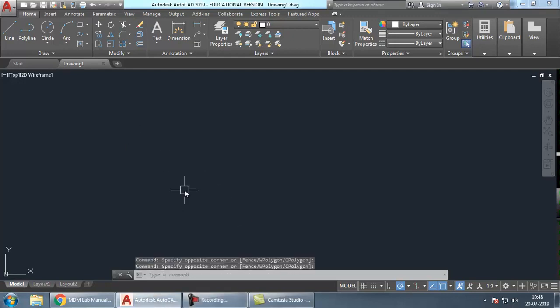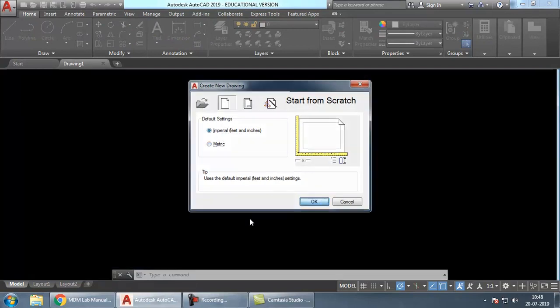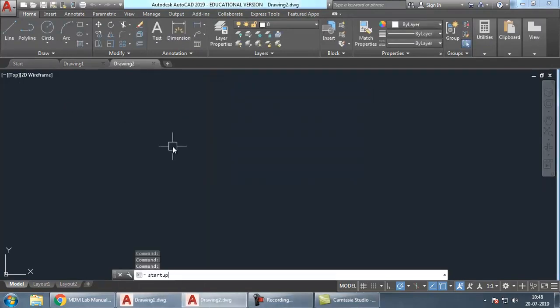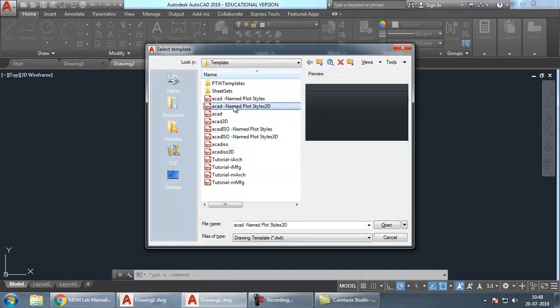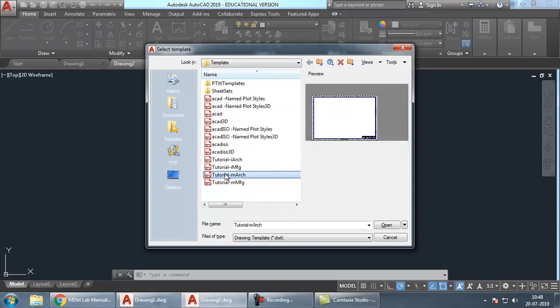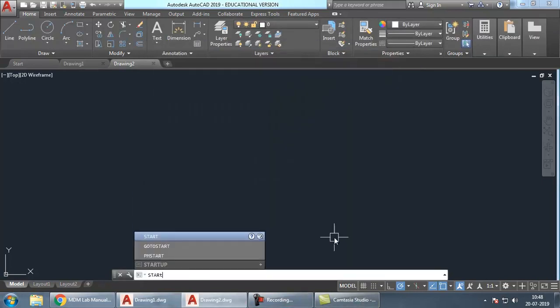Okay, so first when you open AutoCAD, you have to take a new file, anything, and then you have to give this command startup. Once you give the startup command, you have to choose 1 as the value. If the startup value is set to something else like 3, then if you choose new file, you will get a template box. And there are various different templates. Some of them are for feet, some of them for inches, mm and all. So it's always better to start from scratch, and hence we need to change this command startup, enter 1, enter.